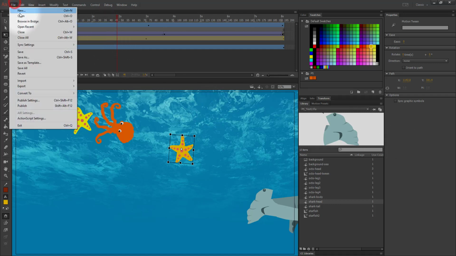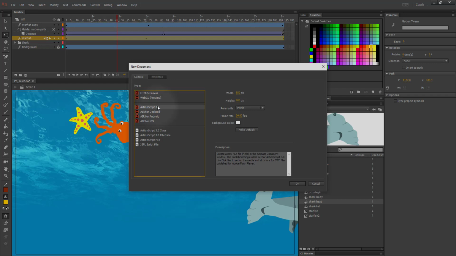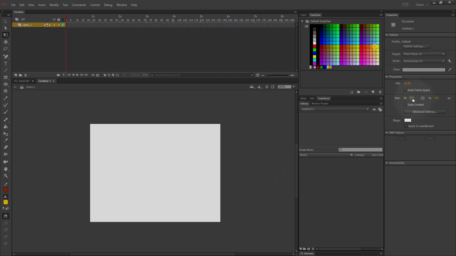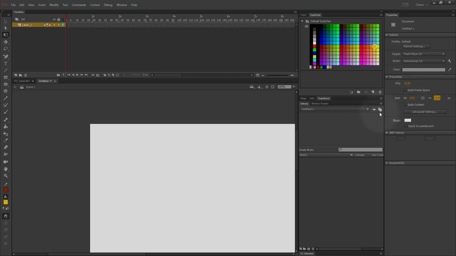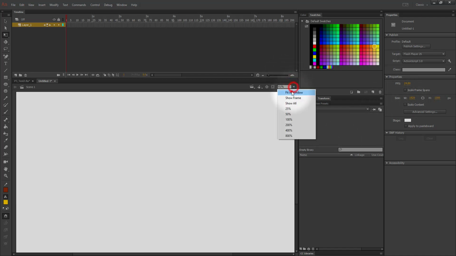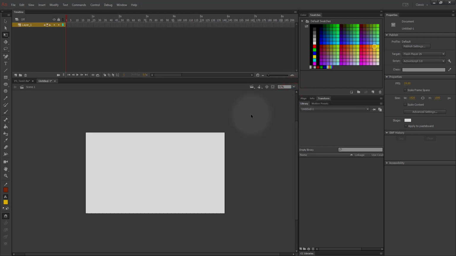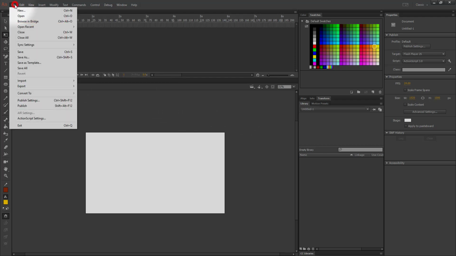Okay, so I'm gonna make a new one, and ActionScript, and if you come in here you can change it here, or just in case you're not in that window, I can come in my properties and also change the size to 1920. I'm pressing tab, 1080, and pressing enter, and then I can go to fit in window, but I actually want to zoom out a little bit with my Control minus. So we're going to add a background image into here, and I have one that I've already saved, so I'm going to File,